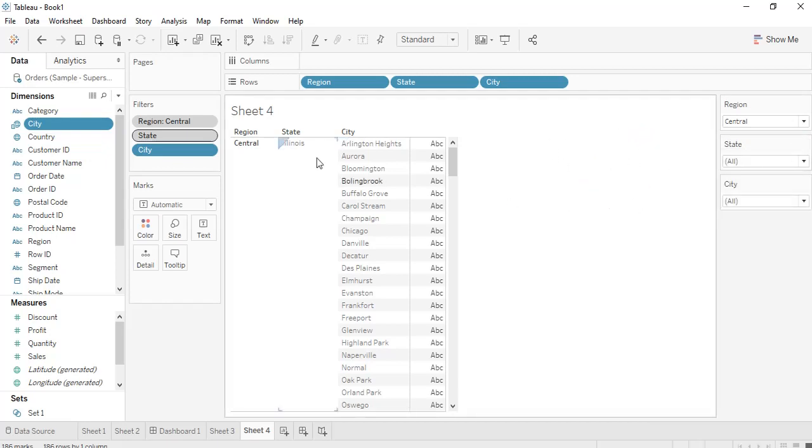Okay, so this is one thing. This is the context filter. How the context filter works is very important for us to take note of. Whenever we add a filter to a context, what Tableau does is it takes a copy of the actual data after the filter is applied, and stores that data copy separately inside Tableau. Then further on, whatever filter is applied,